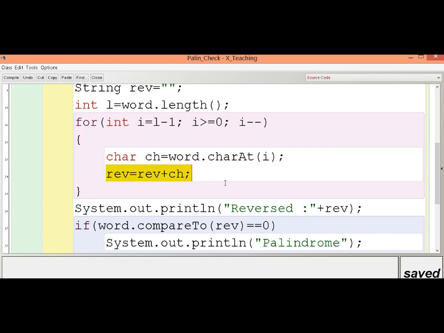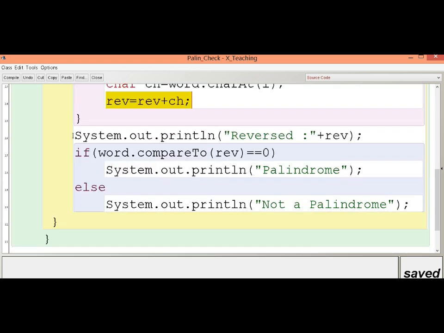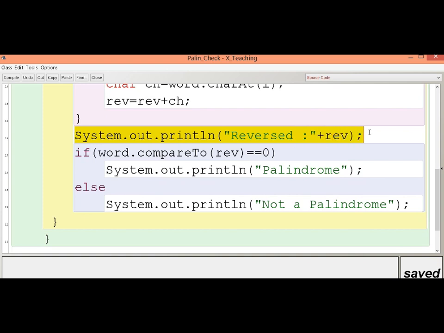The letter stored in ch will be appended to the string rev. Obviously, once this entire loop is done, the word will be reversed in rev. So we have two words now: one is the original word and another is rev, which is in reversed order of the original one. If you want to print, you can print the reversed word.